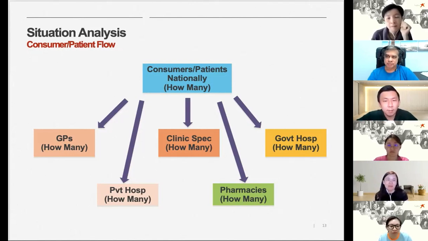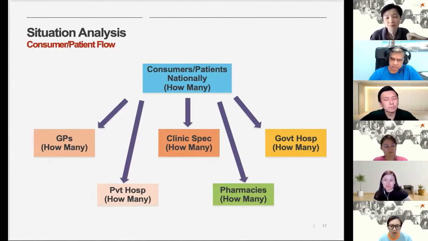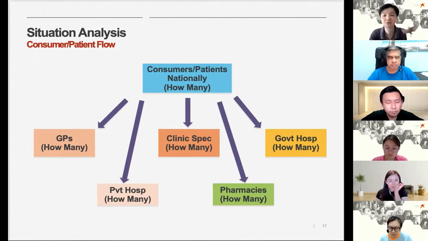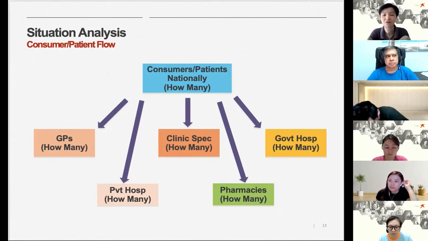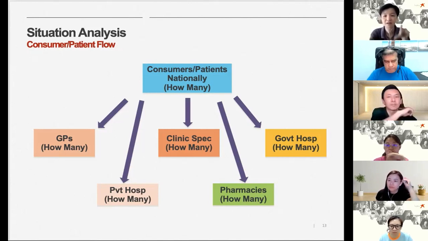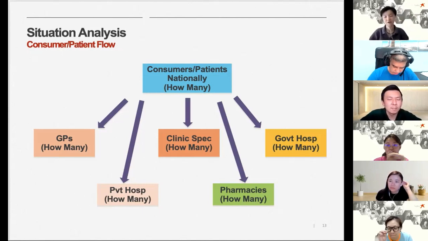Per year, yes. I remember doing something similar when I was presenting the business case. So what we did was we calculate the incidence against the total population and according to the age group. So roughly we will know at any one time how many patients we will have in the whole of Malaysia. And then out of that, how many we estimate will go to seek treatment and where. So then we go down from there.